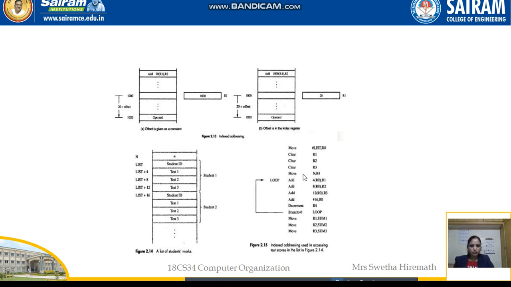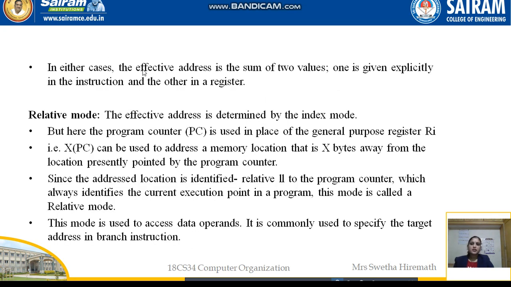Here we have a set of instructions showing how we store the marks for the three tests for different students. In either case, the effective address is a sum of two values: one given explicitly in the instruction and the other in the register. So that explains the two different types of index modes.